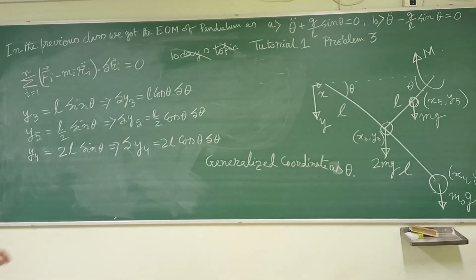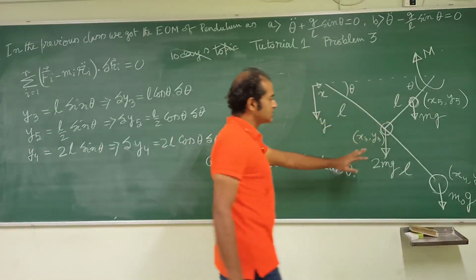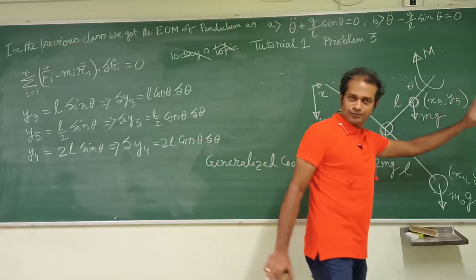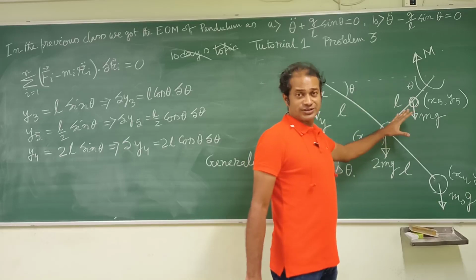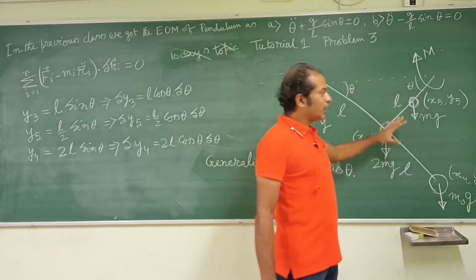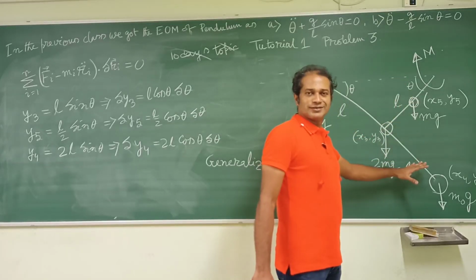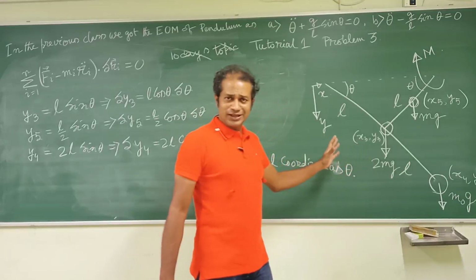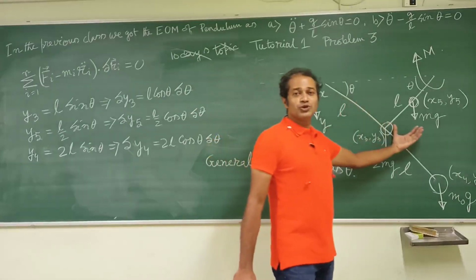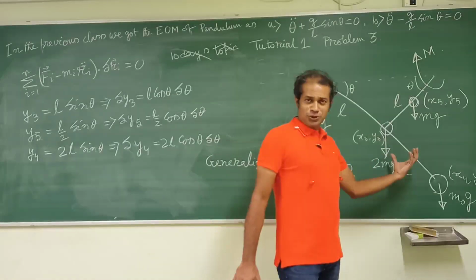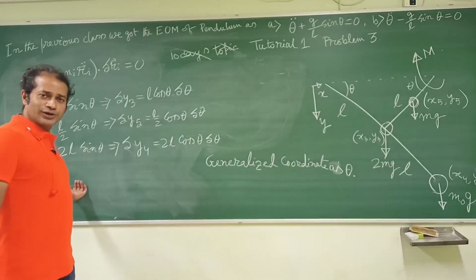Okay, so now what to do next? Next we will be applying this. We are going to give a small displacement along the generalized coordinate. That means I will be disturbing it along the generalized coordinate theta. Then I am going to check what is the work done by the forces, and for the dynamical cases minus m times acceleration, and that I am going to equate to 0, and from there I am going to get the equation of motion. So exactly I am going to do that over here.